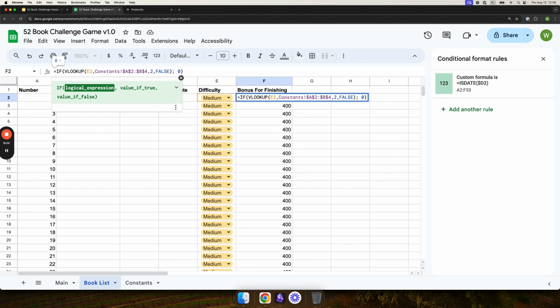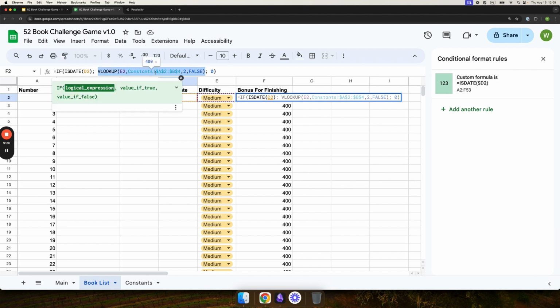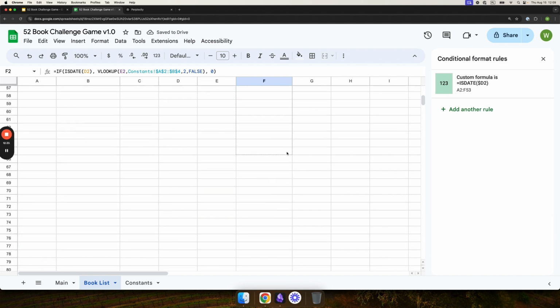So 0 will be returned if the finish date is not a date. Not this one, here is the date, this one. Then yes, so if the finish date is a date, then return the number of points computed by VLOOKUP, otherwise return 0, and I think this should work correctly, so I will extend